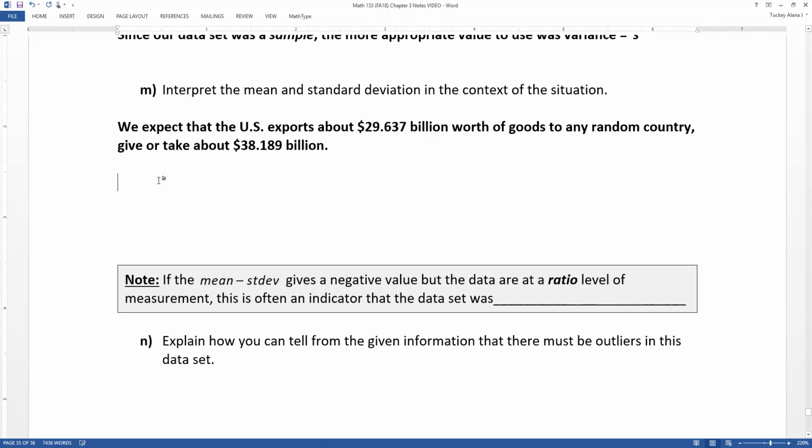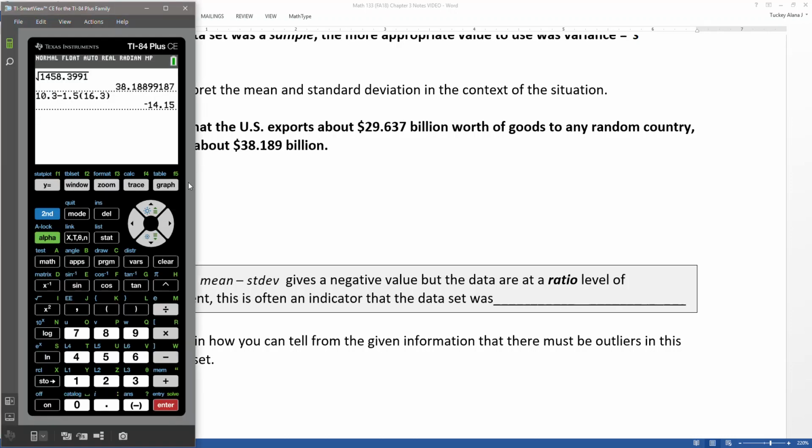Now there's a problem with this. If you think about the give or take for just a second, that gives you a range. Let's find it. If I take 29.637 and I add on 38.189, I get that value of 67.826. If I hit second entry, I can get the same numbers back. I'm just going to use my arrow to get in here and make that a minus sign. And I get negative 8.552, which should be setting off little alarm bells in your head